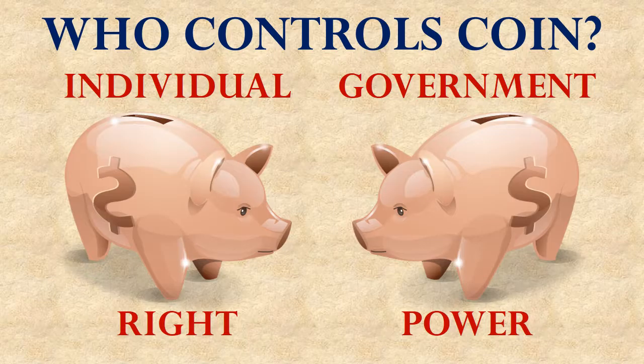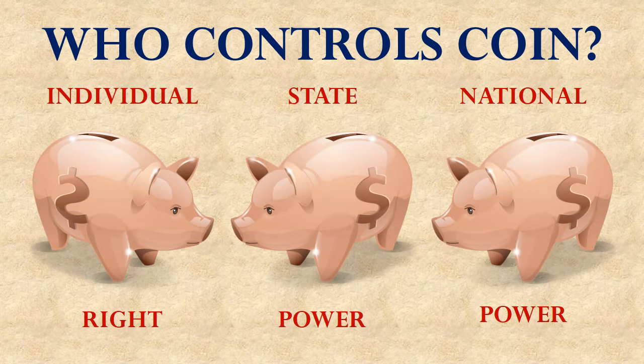But the 10th Amendment, which we misread, actually makes this a little more complicated, because it says that any powers that weren't delegated to the national government are either retained by the people, in which case we call it a right, or they're retained by the states. We actually have a third player in this. We need to add a third piggy bank.